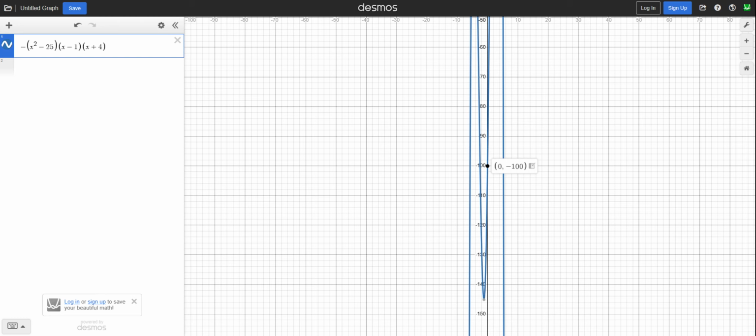And I only got 2 positives. Now let me put my numbers in here. This is negative 5, negative 4, 1,